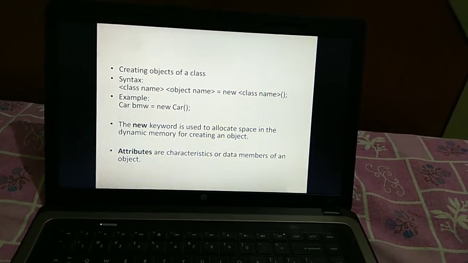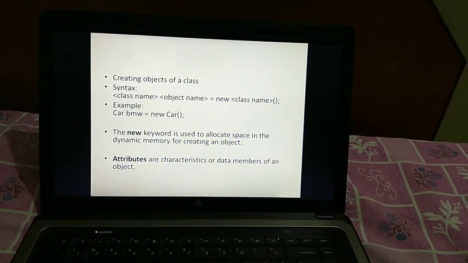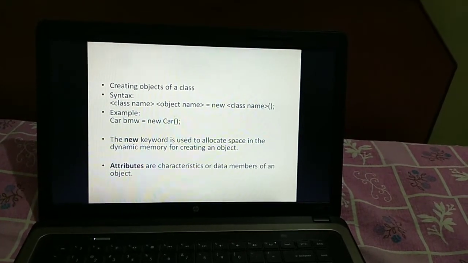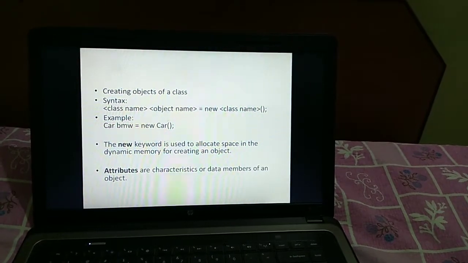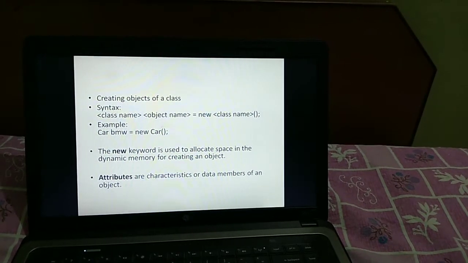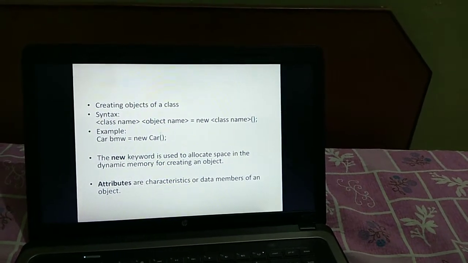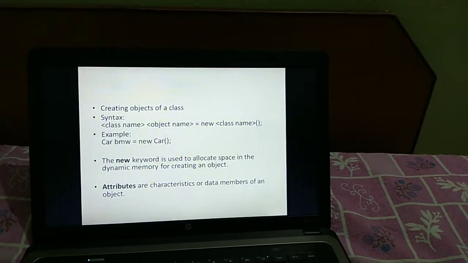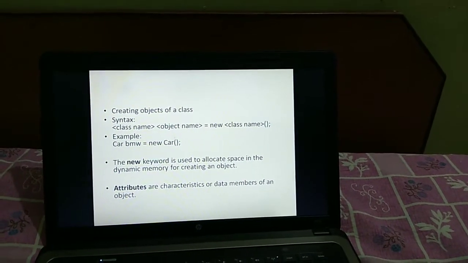It is class name, object name equals new class name, wherein you insert the name of your class, then the name of the object, and you join them with a keyword called new, and then again you call a function by the same name as your class name. Okay, in this way you create objects of a class. So just see an example over here.